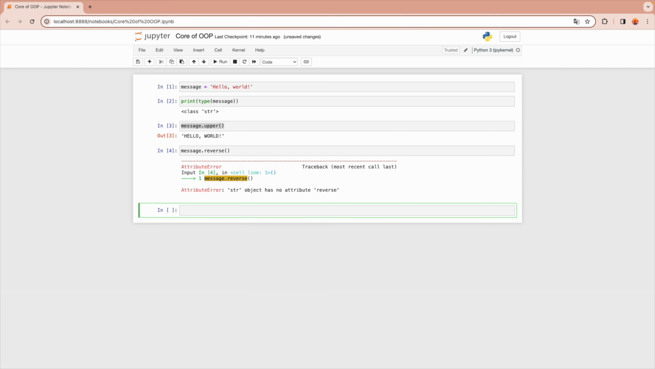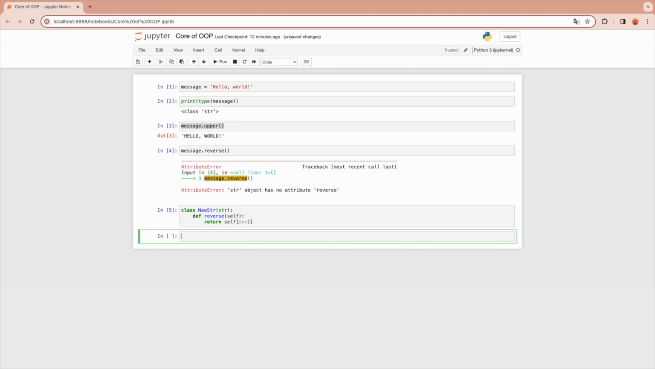But now we will create a class new string and inherit from the string. Define our new method reverse, passing self, and return, like this. Now when we create a new string object, we can use both the built-in methods of a string and